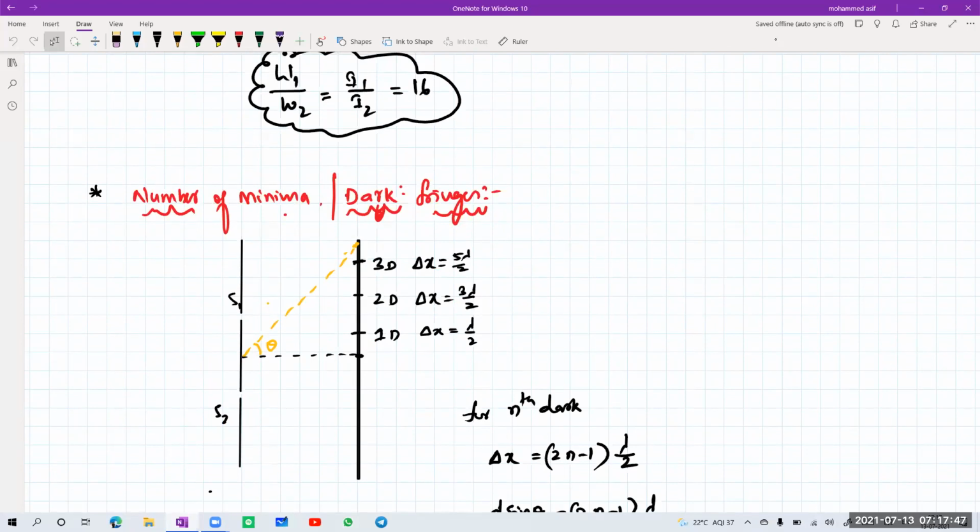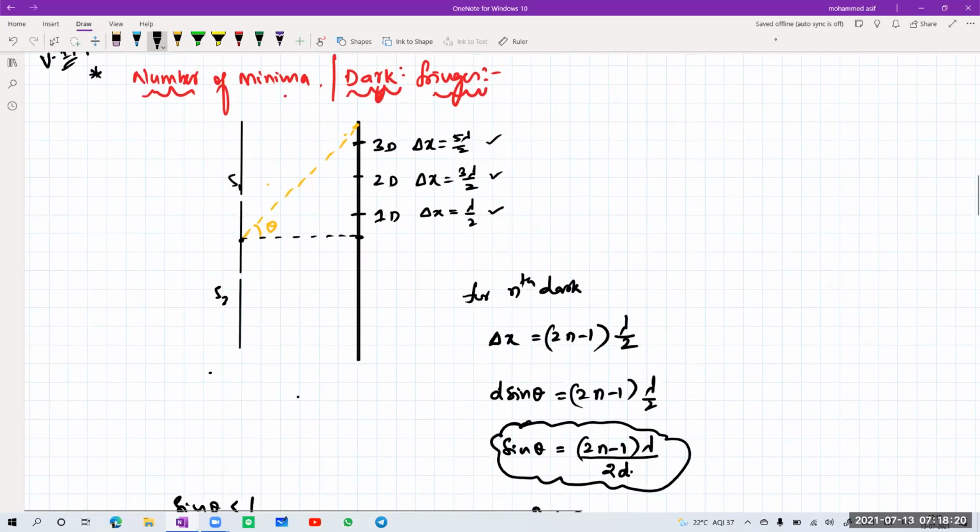Right, now come to here. This is an important topic: number of minima or dark fringes. How do you calculate the number of minima or dark fringes, or how do you calculate the number of maxima or bright fringes? Now see, from the center of this parent source, if it is making an angle theta, somewhere on the screen there are the dark points. You know the first dark point is formed at lambda by 2, the second dark is at 3 lambda by 2, and the third dark is at 5 lambda by 2. So that will go on in that given condition.